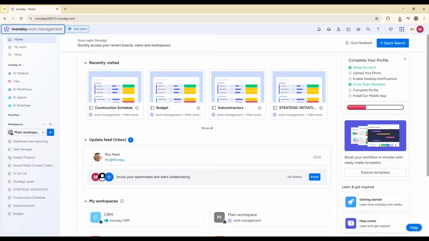In today's video, I'm going to show you exactly how to manage documents and files in Monday.com so you can keep all your project assets organized, accessible, and easy to share with your team. Whether you're managing client contracts, design files, invoices, or internal documents, Monday.com makes it simple to centralize everything directly inside